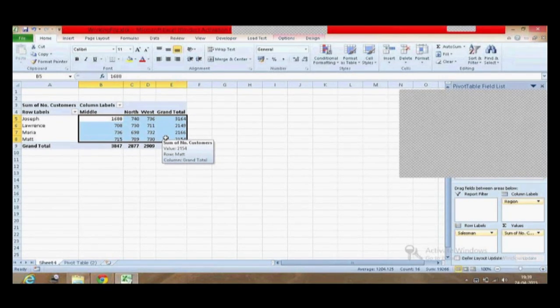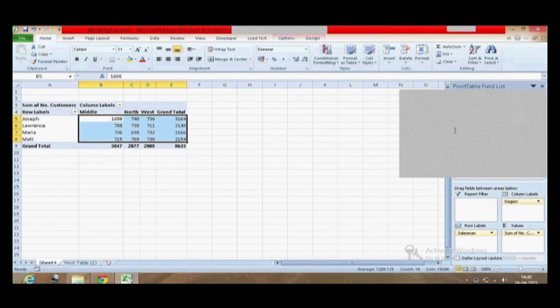Okay, so let us see how we can. I will show you, Mr. Roshan, we will see how to select multiple columns in the slicer. Sure. All right. So now I'm going to select the conditional formatting. I'm going to say highlight cell rule. And then I say greater than. So I just set a condition.